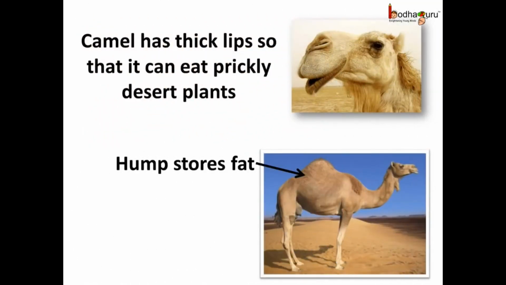The herbivore camel also gets the water from its food. It has thick lips so it can chew the prickly desert plants which store water without feeling much pain. The camel can drink more than 40 liters of water at a time and go many days, even weeks, without drinking. It stores the fat in its hump and that acts as a food reserve, so it can survive many days without eating or drinking.